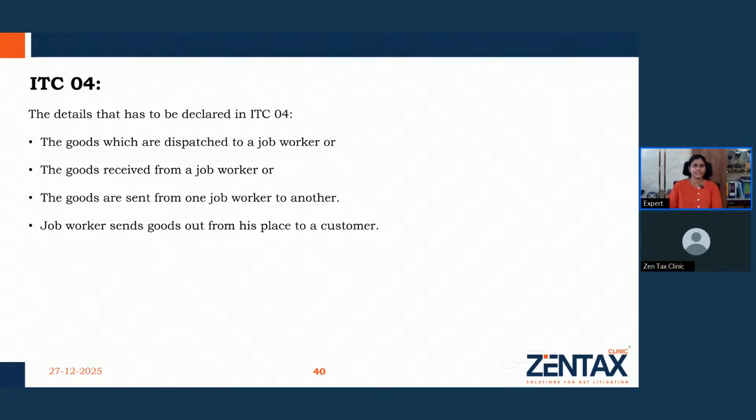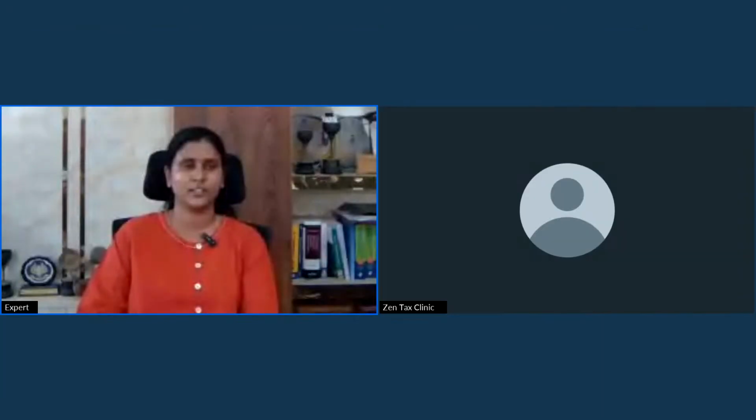Details that have to be declared in ITC-04 are the goods which are dispatched to a job worker, the goods received from a job worker, the goods sent from one job worker to another job worker, and goods the job worker sends out from his place to a customer. So these are all the details which